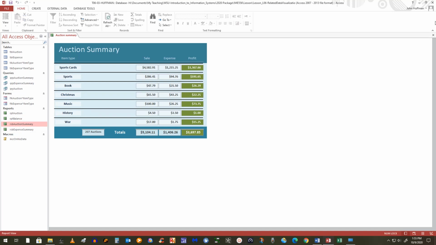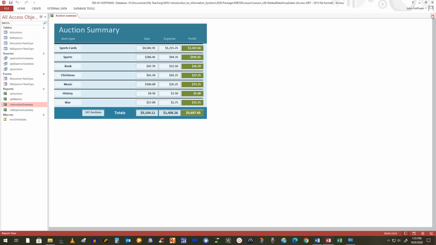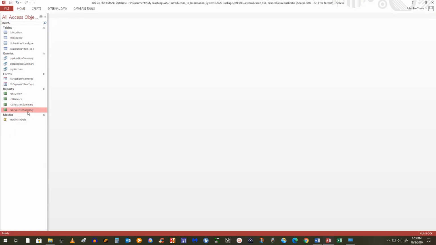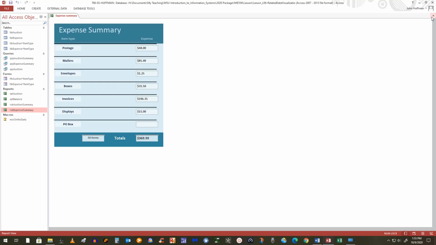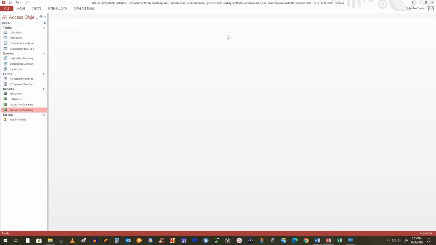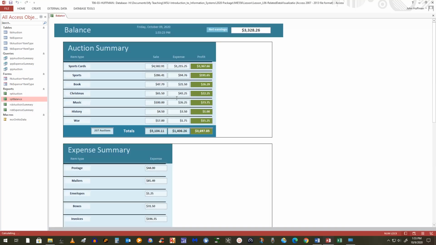Then I could just give him this part of it. Maybe he's just worried about monthly expenses. I could give him that part of it. There's a lot of neat things I could do right here now, to combine reports into a master report. So it's yet another way to visualize data from many different subjects together, to do some kind of aggregation based off of numbers that are being reported for different subjects that aren't related